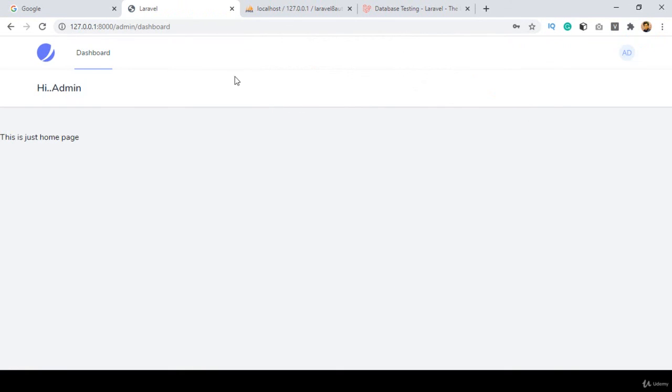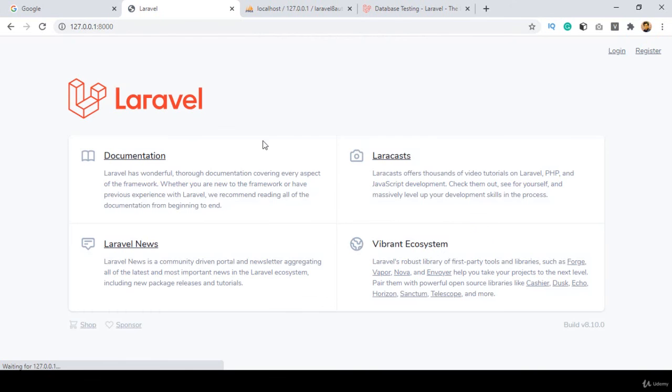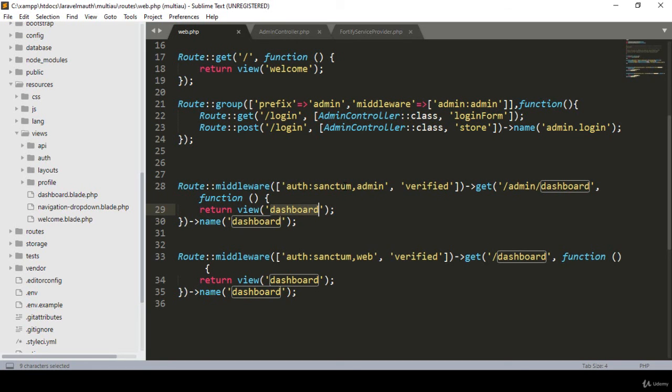So right now our multi-authentication system is successfully done for the admin, and also it's successfully done for the user. Right, friend? I hope it's very clear to you how you can do that work, and everything is now perfectly working. So that's all for the multi-authentication system with